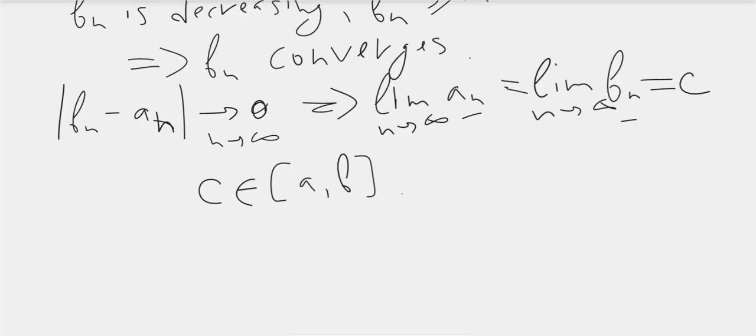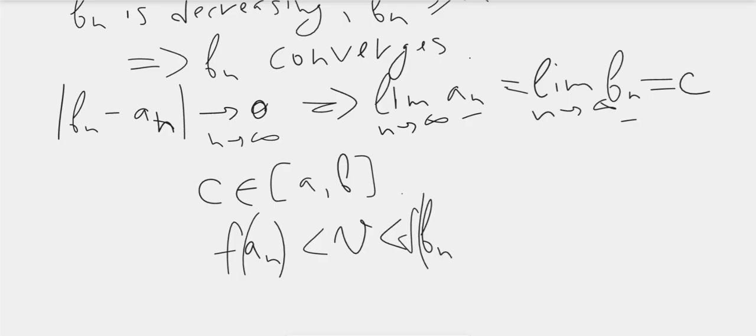And we know that, because we had the inequality that v is between f of an and f of bn for every n,